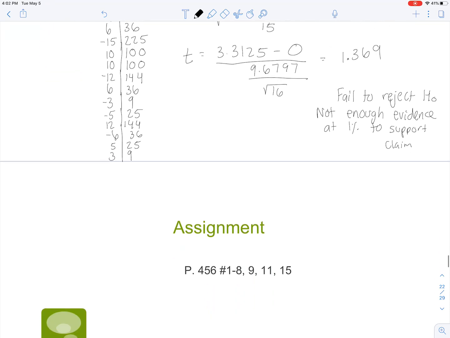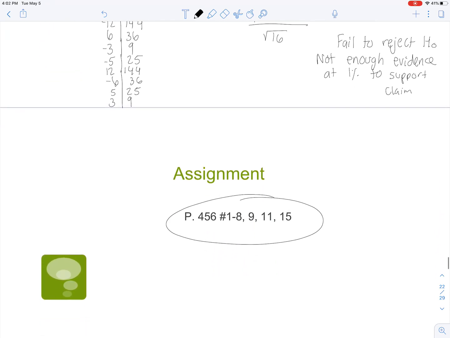So we will start this assignment together on